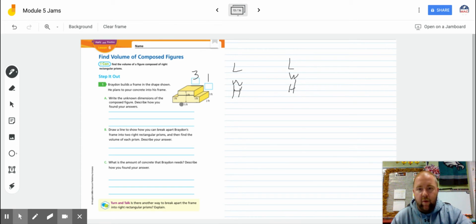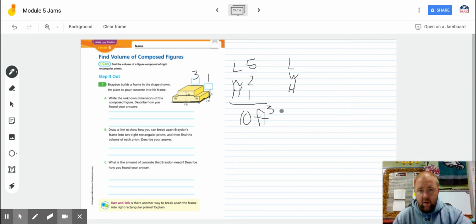Well, let's look at the bottom one. How long is this? It is right here. It's 5 feet long. How wide is it? It is 2 feet wide. And how tall is it? It's 1 foot tall. So if I wanted to find that volume, I would say 5 times 2 is 10, times 1 is 10. So this would be 10 cubic feet, or 10 feet with a little cube number there